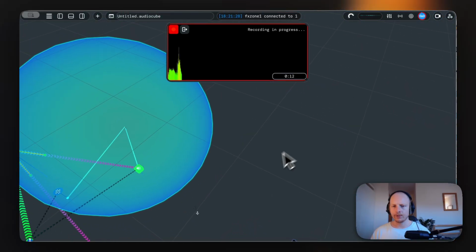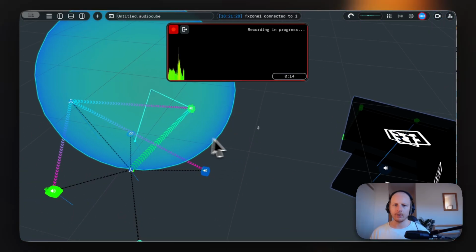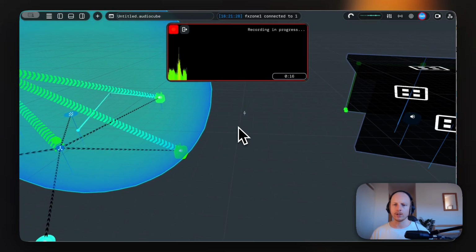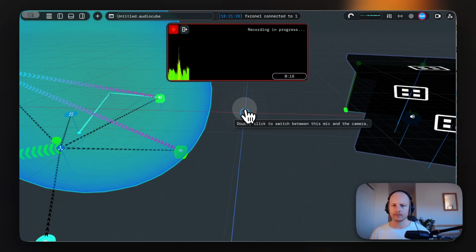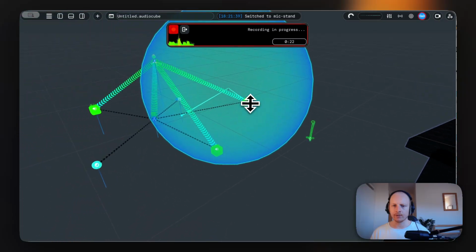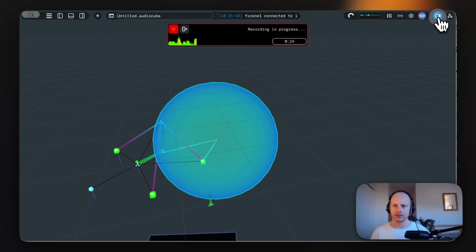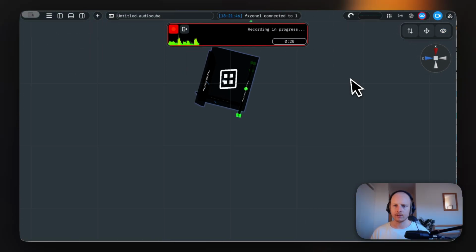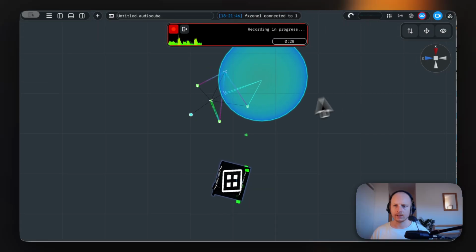One other thing actually, if you want to, by default the microphone is attached to the camera, but if you click on this, it changes the microphone as the listening position, which is useful if you want to do stuff like